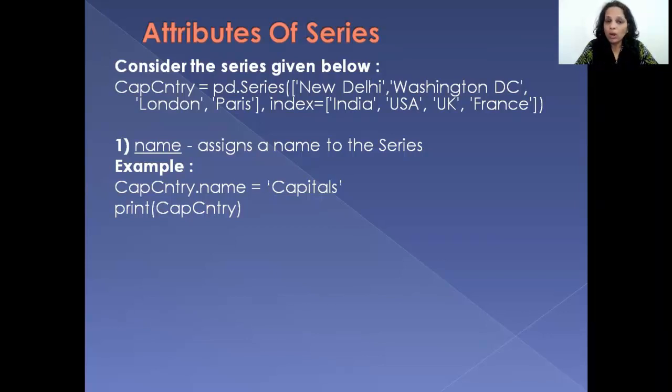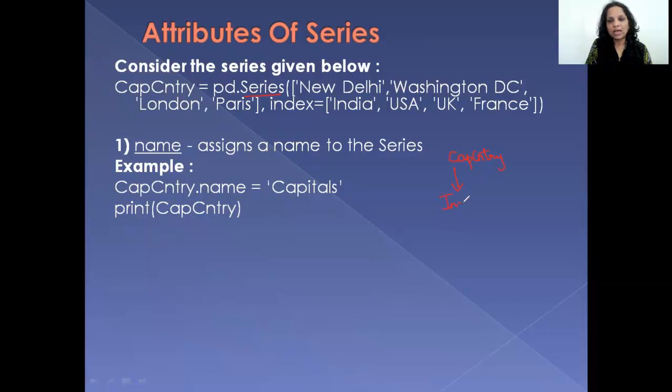Okay. Now, for all our examples, I am going to be talking about the data series that you see on top. I'm creating a data series if you look at it carefully. And how do I know I'm creating a data series? Can you see a function named series being used? So I'm creating a data series, and the name of the variable which holds the data series is CAPCNTRY. And what are we storing under the series?